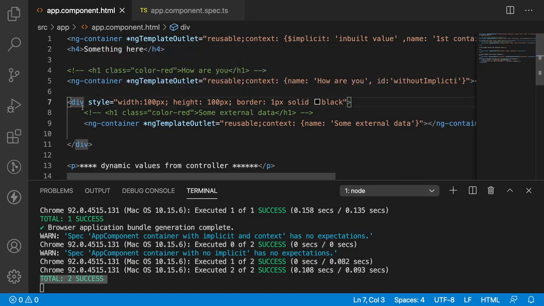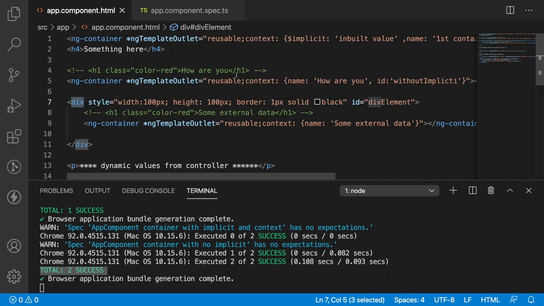And here we have one div element, and inside the div element we have ng container, and here we will be testing in a different way by using this parent element instead of passing this particular ID. So what I can do is create one ID equal to div element, and inside the div element I can set both the paragraph element as well as the div element. That means it will have two children. This div element will be considered as having two children, and the two children can be checked by using this div element. So let me save this and go to the spec file.